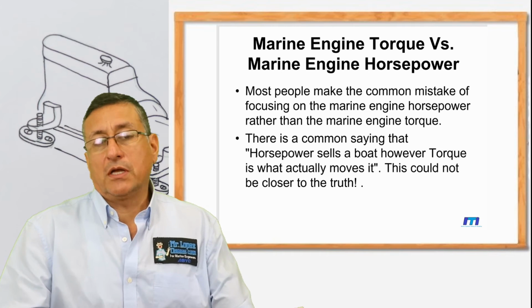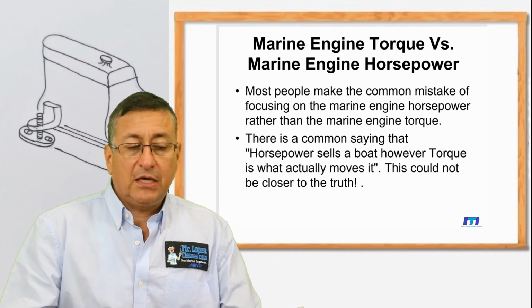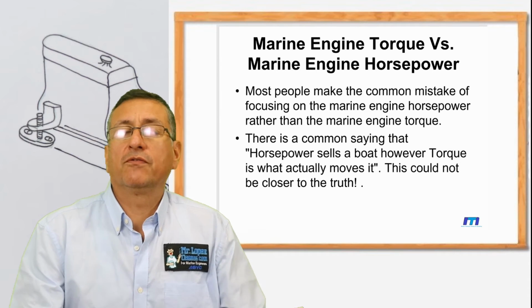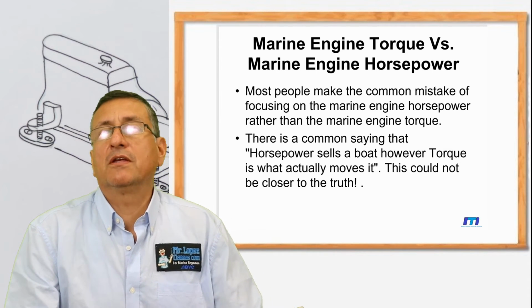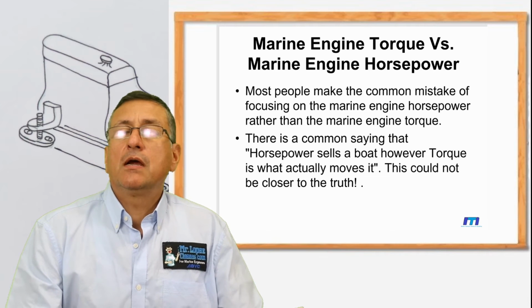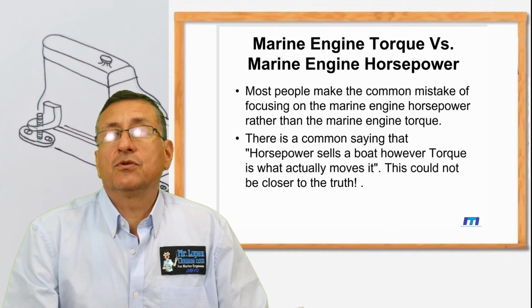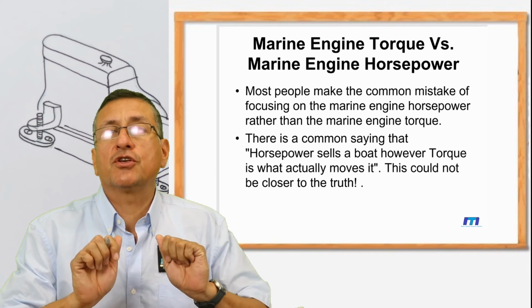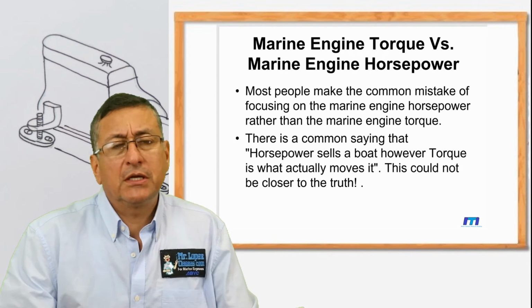Another important factor that we are going to take into consideration is the torque. Remember, we know the formula. Torque is equal to 5252 times the horsepower divided by the engine RPMs. We are going to use the torque in the future because with the torque we are going to calculate the thrust. How much thrust does the engine produce? The thrust depends on